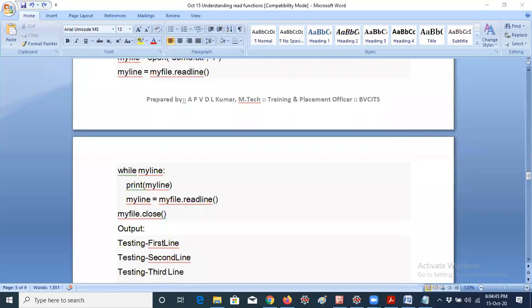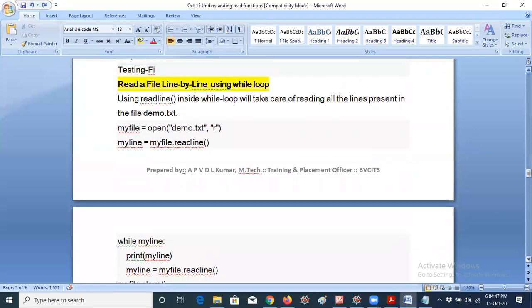Okay, next. According to methods we have to follow, we have only 3 methods: readline, readlines, and read. That's all. But you can access by using your own coding, like using a for loop and a while loop. I will tell you how to create a while loop and how to use a while loop in these programs also. So now I would like to introduce a while loop here.